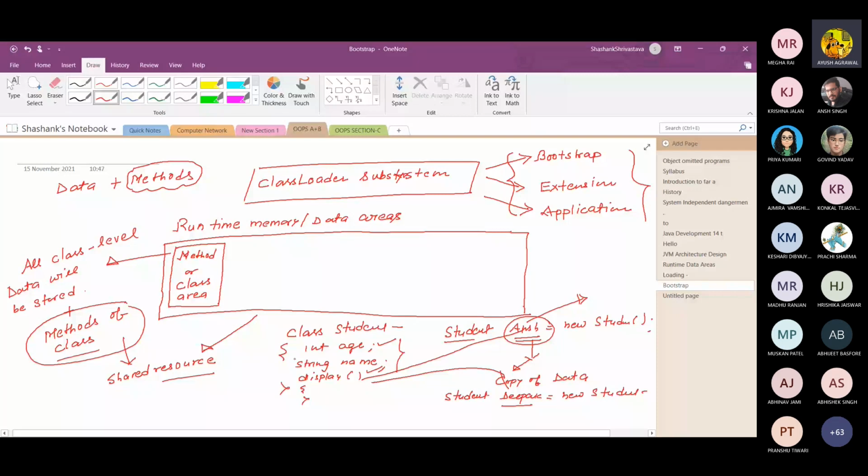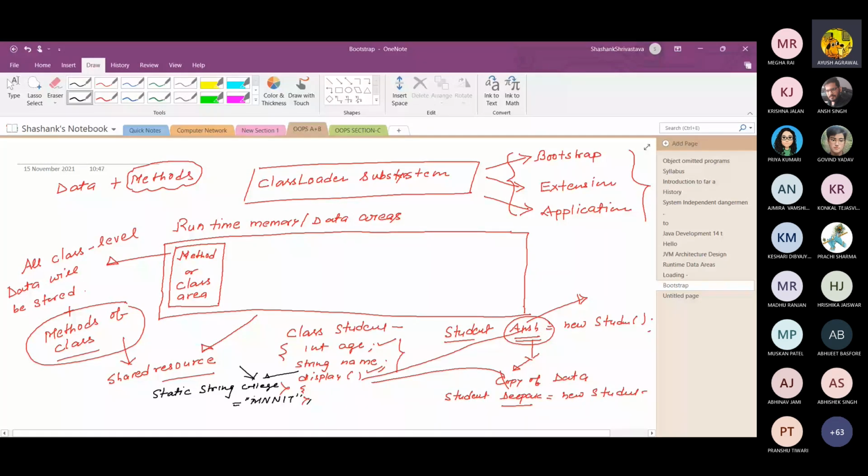If I write a static variable in the Student class, suppose static String college equal to MNNIT, it means this static variable, college MNNIT Allahabad, is shared by all the objects.